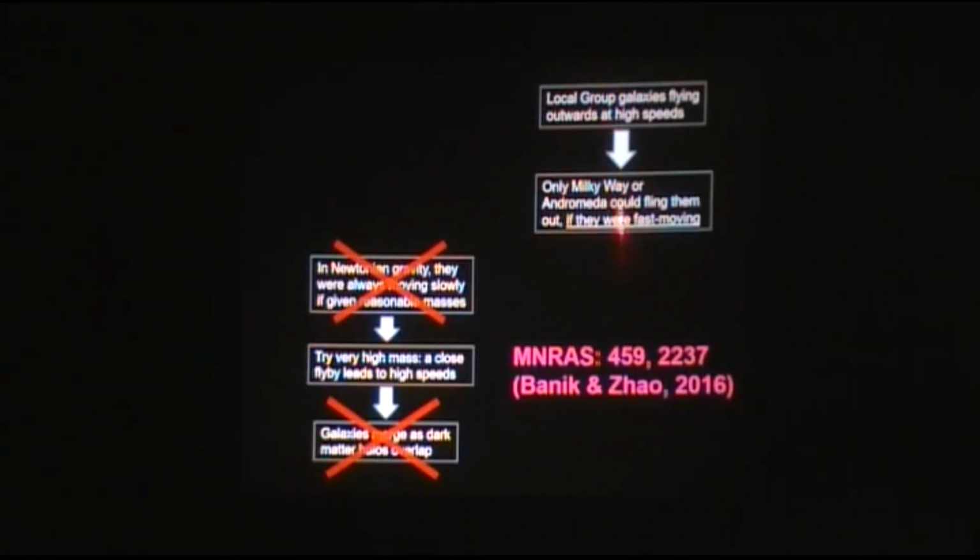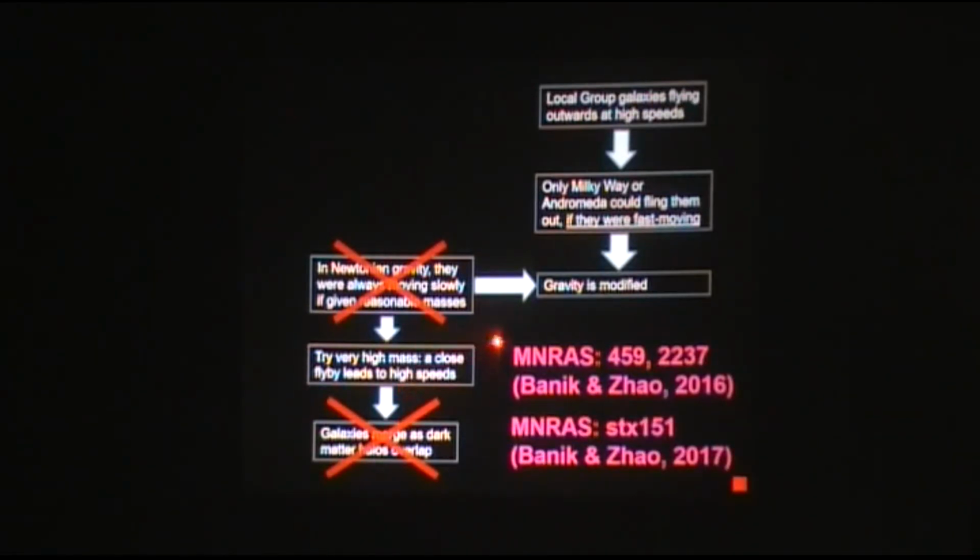So this much, we know for sure, should work. The line of logic works so far, but you can't get there, which means that you have to accept the gravity was modified again. We recently showed how even with a 3D model of the local group, it's the same logic, because you still find these high velocity galaxies, and they also still lie close to a plane. That's been winning a prize for this work, the American Astronomical Society's, which we received last May.